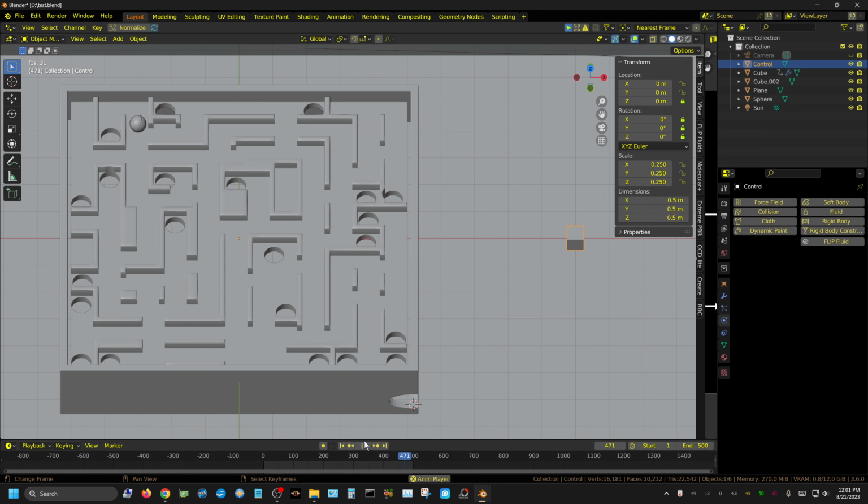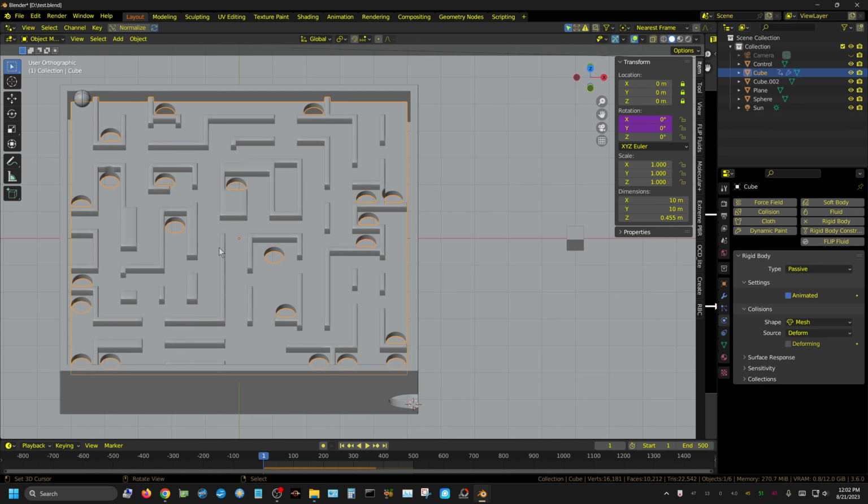Now, the issue I was running into was right here. If I press play to play back the animation, see, the marble is moving, but the table, the surface, isn't actually moving. Because this surface, since I have it set to passive and animated, is expecting keyframes for its animation data. So my next thought was, well, let me turn the animated off,